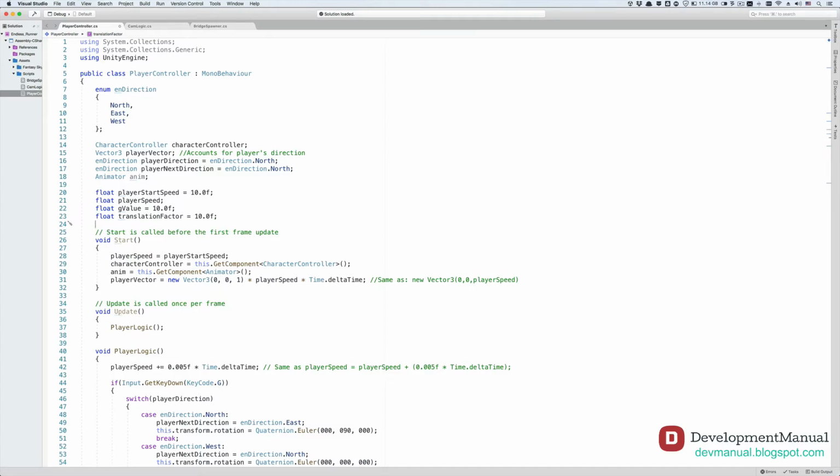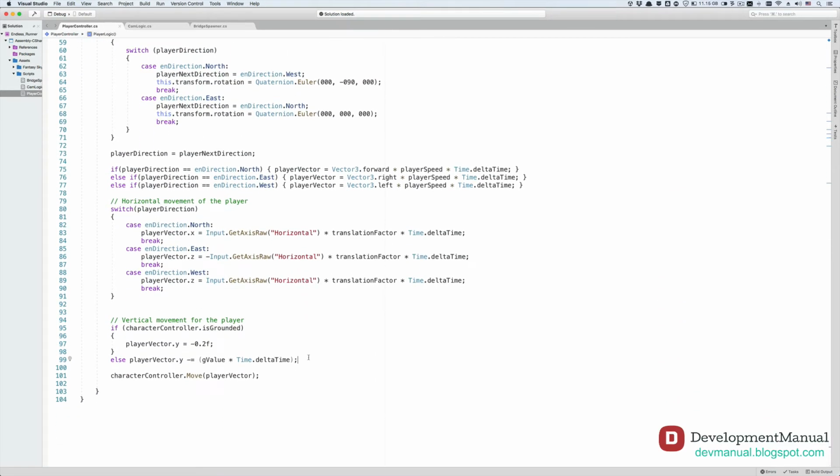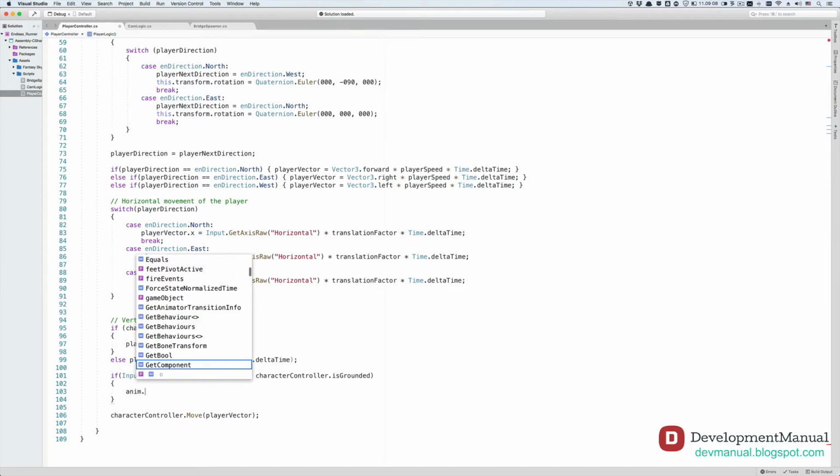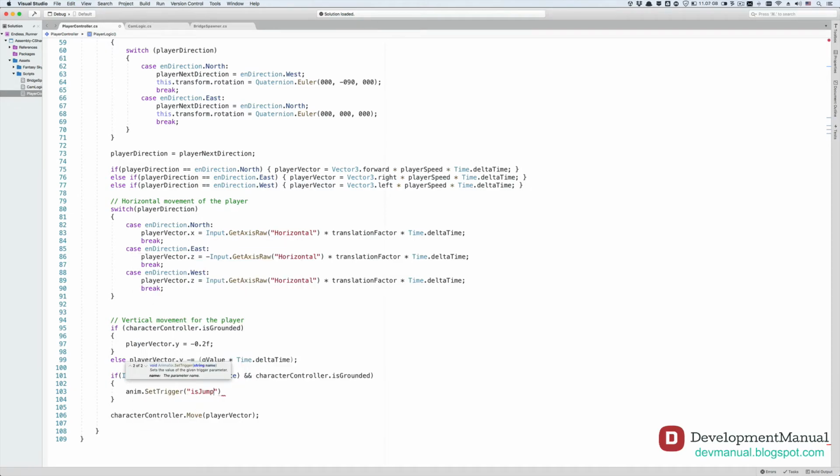So let's go up here and create a float, which we shall call jumpForce, and set it to 1.5 maybe. Now let's go to the player logic function and go to the vertical movement section of our code and write an if statement here. Let's see, if the user presses the space key and the character controller of the player is grounded, so these two ampersand signs mean AND in C#. So if the user presses the space key and the player is touching the ground, if these two conditions are met simultaneously, then execute the following piece of code, which is play the jump animation from our animator. So type anim.SetTrigger("isJumping");